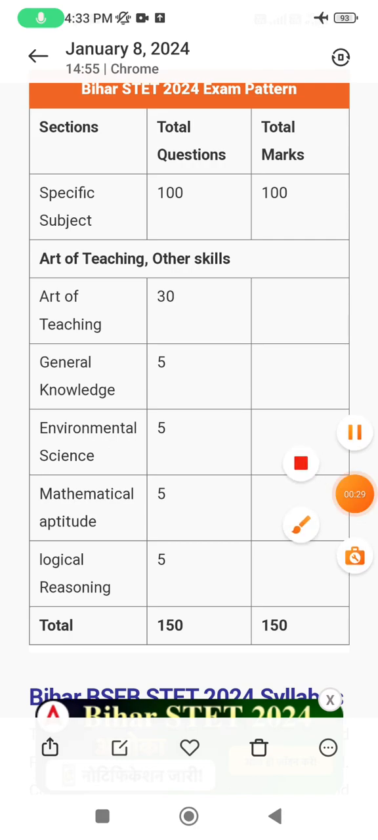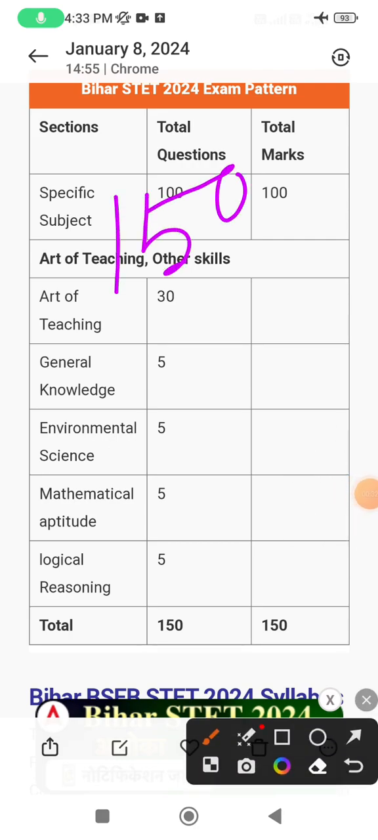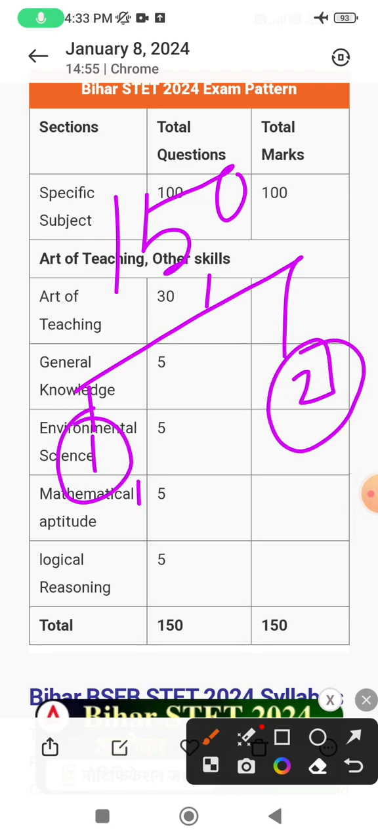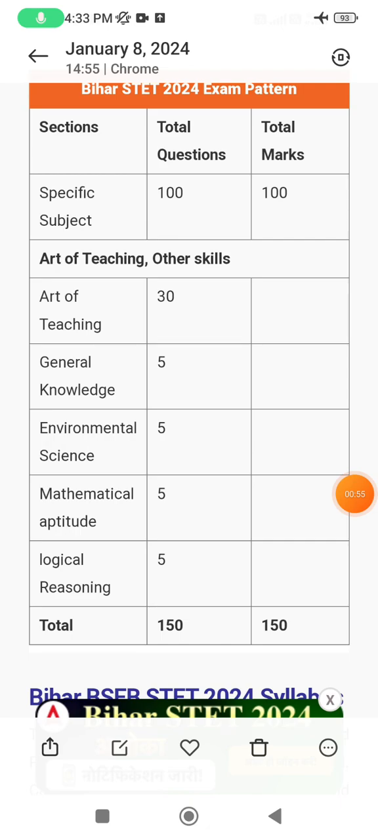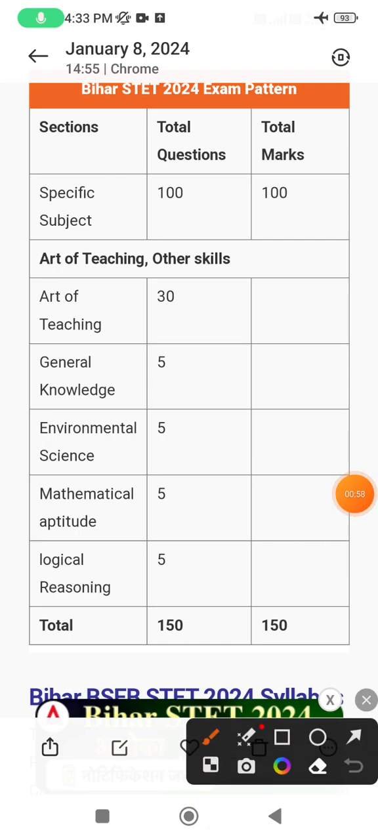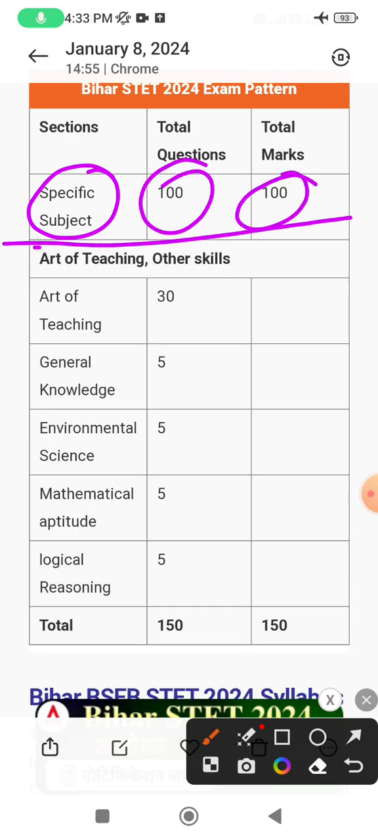The 150 marks are divided into two parts. Let me write: 150, part 1 and part 2. Part 1 is your concerned subject, 100 marks, and part 2 is the common paper, that is 50 marks, known as art of teaching and other skills. So in the specific subject part you have 100 questions and 100 marks. The remaining 50 is paper 2, art of teaching and other skills, and here out of